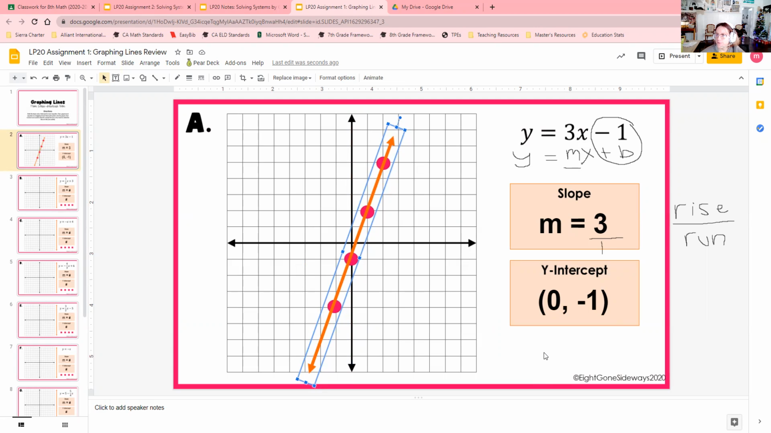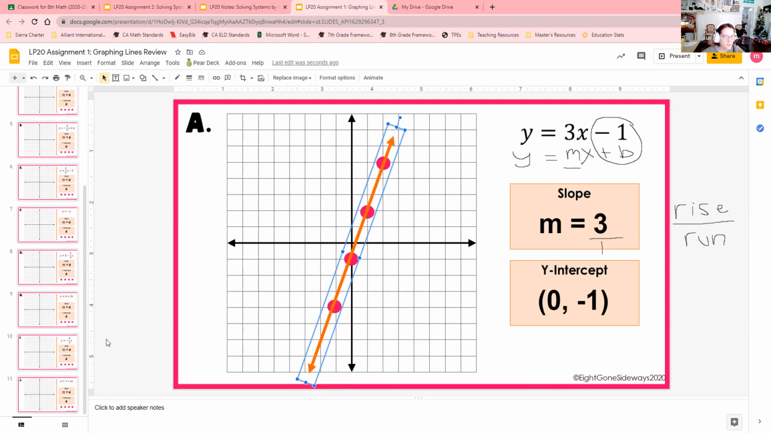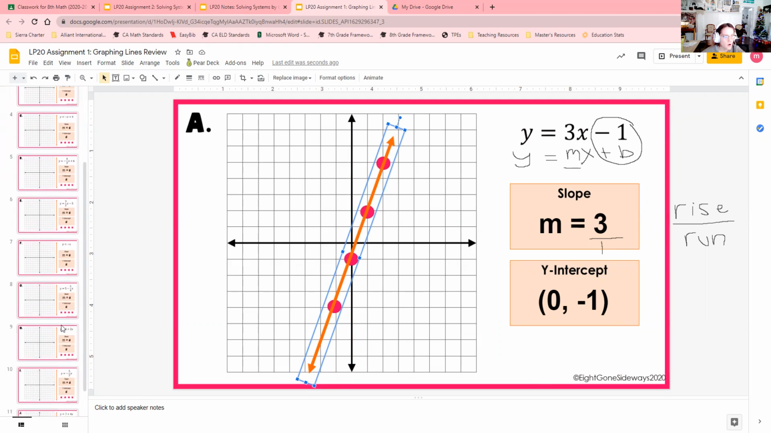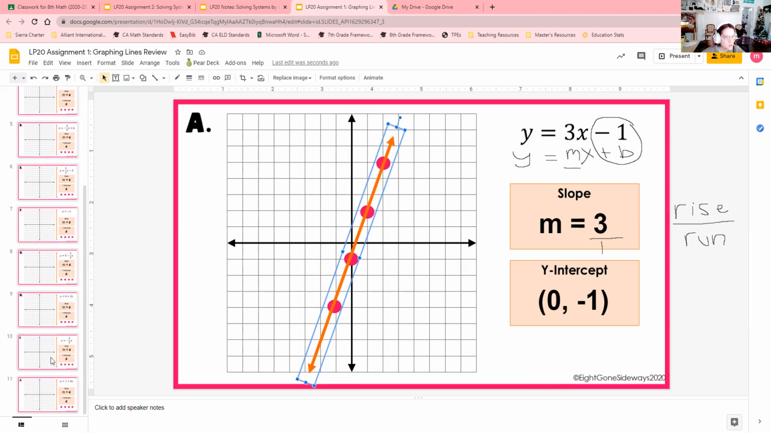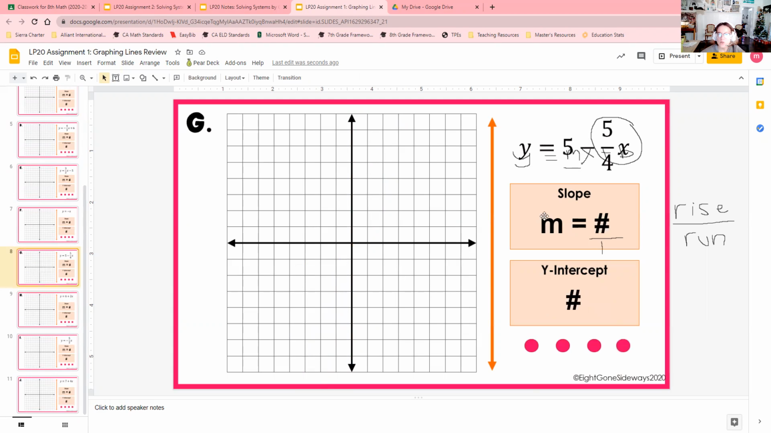Find your slope, find your intercept, graph the points, connect your dots. Okay? I'll go ahead and do one more example for you guys. Let's do number 8. So number 8, very, very similar problem, except